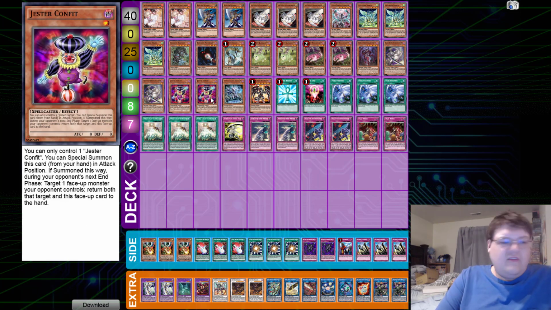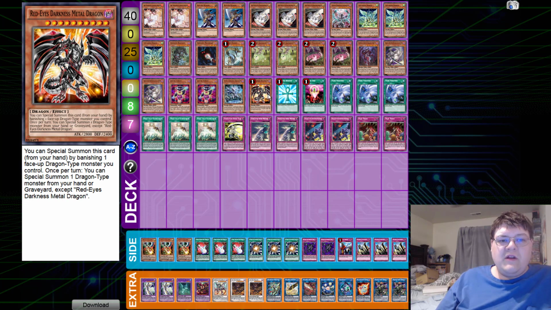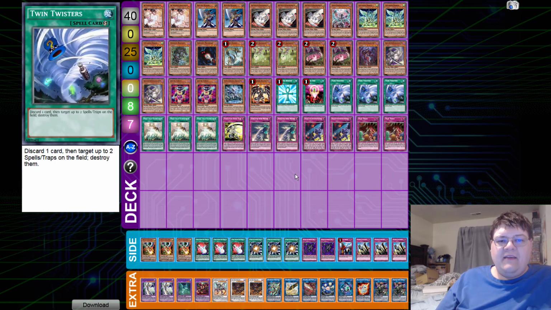So you can only control 1 of these. You can special summon this card from your hand in attack position. If summoned this way, during your opponent's next end phase, target 1 face-up monster your opponent controls, return both that target and this face-up card to your hand. This is just a level 1 that you're able to beam out to make climbing link ladders a little bit easier for this deck. We have 1 Brotar, 1 Red MD, with 1 Monster Reborn, 1 for 1, triple copies